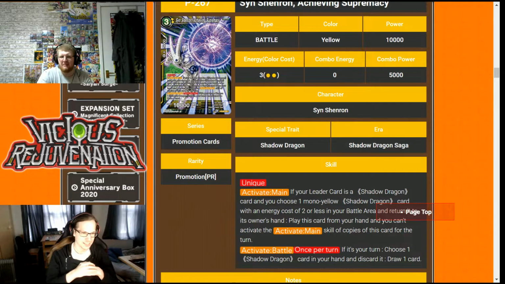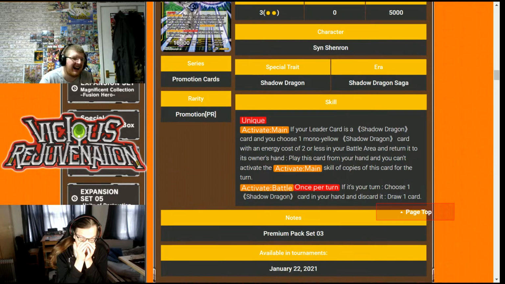If Shadow Dragons get more support, which, based on the wording of this, leads me to think that Shadow Dragons might get more support down the line because it's not... Yeah, we still need a mono-yellow Shadow Omega Dragon Shenron. It's not mono-yellow Shadow Dragon leader, which we've seen on some of them. This is if your leader card is just a Shadow Dragon, so... Oh god, no, don't tell me. And it can also...